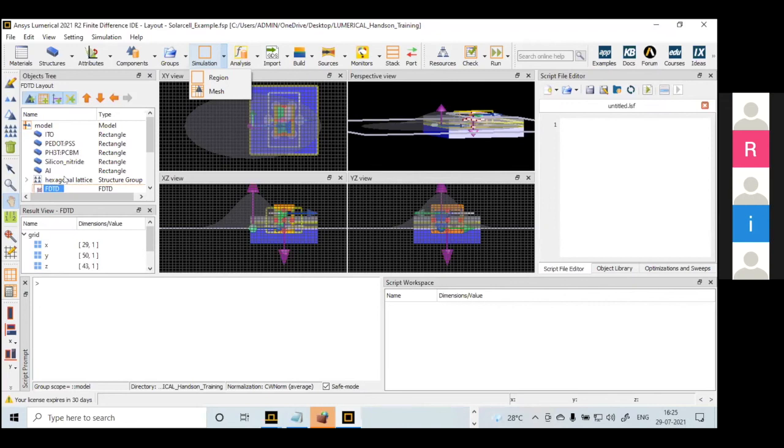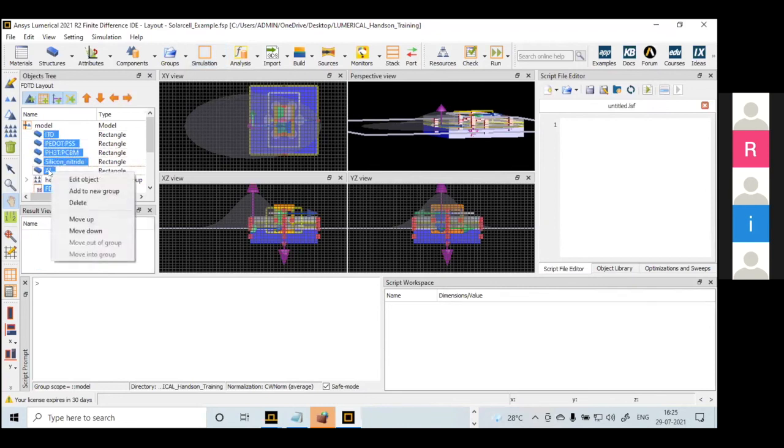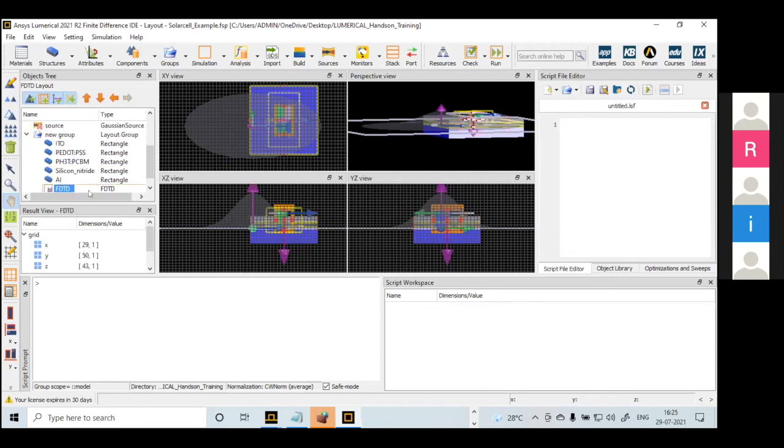Show how to group all these rectangles here. This one, madam. Just right click, madam. There is an edit object, add to new group. If I don't want to disturb these layers, select all of this by using the control button, add to new group.